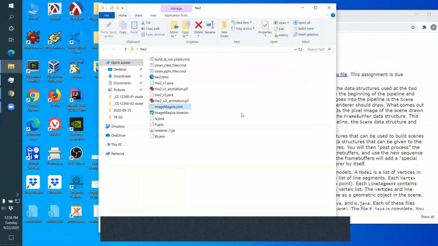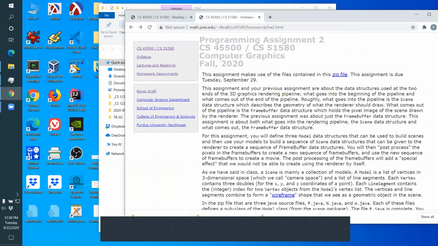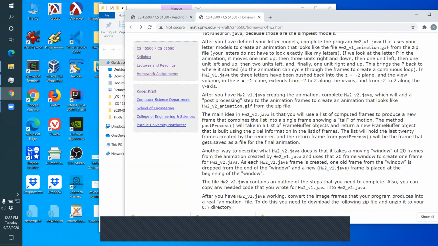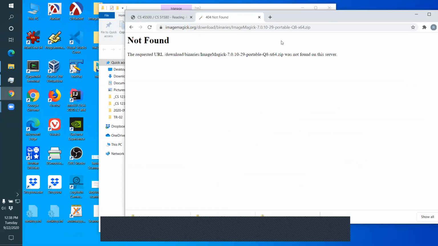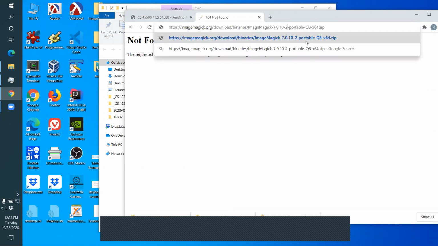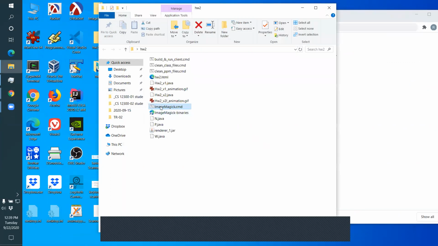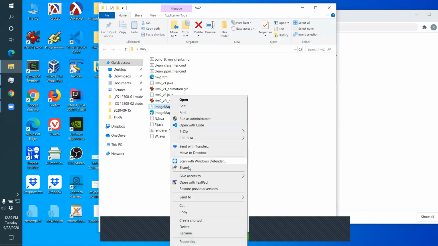They update their software probably almost every couple, at least once a month, and I think it's more often than that. Okay, so linking to them is kind of hopeless. That was the current version as of a couple days ago, and it's already been replaced. And who knows when 31 will be up there. So if you click on it and you get this broken link, all you have to do is up here, just edit the URL to the current version, and then download the current version, and then edit the script file to point to the